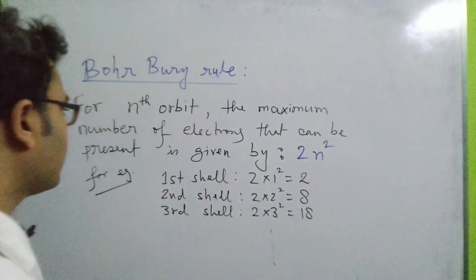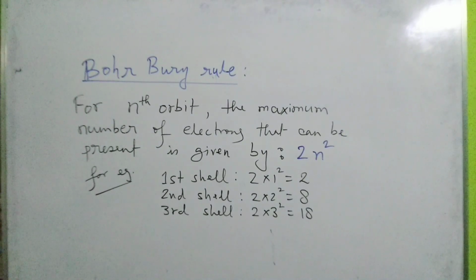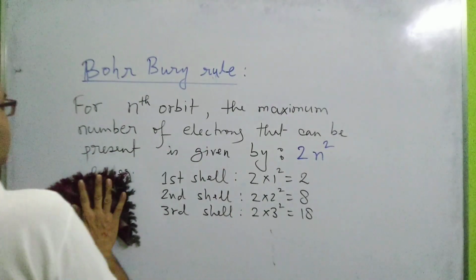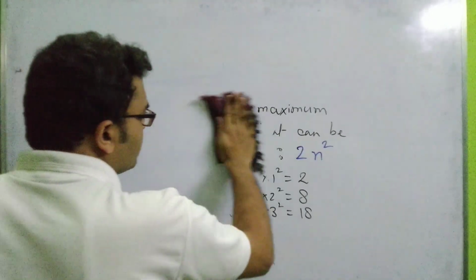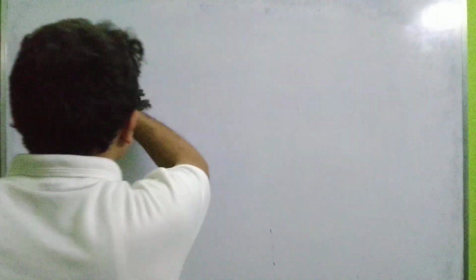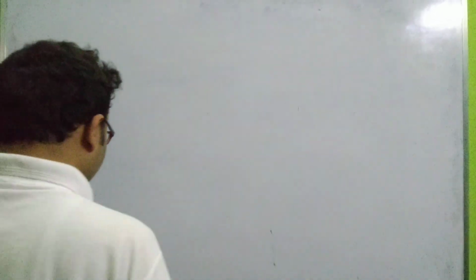Okay, fine. Now how do we utilize this rule? There is another rule. So this is the first rule, the Bohr-Bury rule. Please note it down. If you have not paused the video, note it down. There is another rule. The second rule comes. This is the first rule. What does the second rule say? The second rule says that